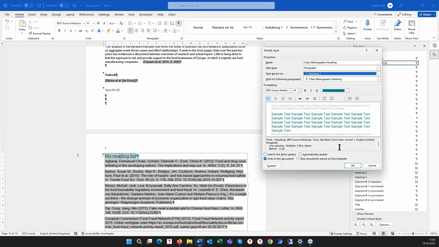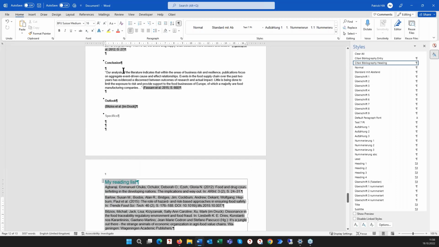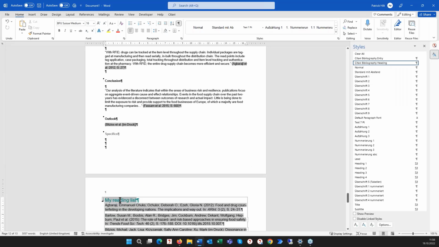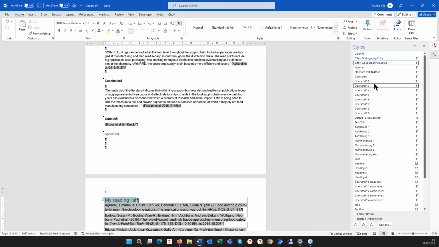I don't know now why it's not automatically using the correct style, but if I directly use heading 1,